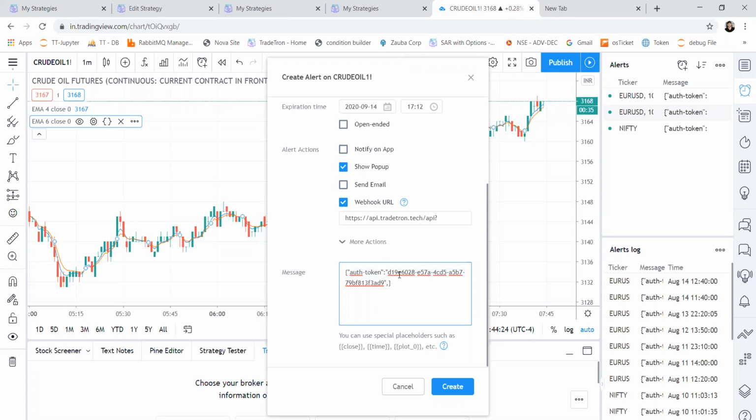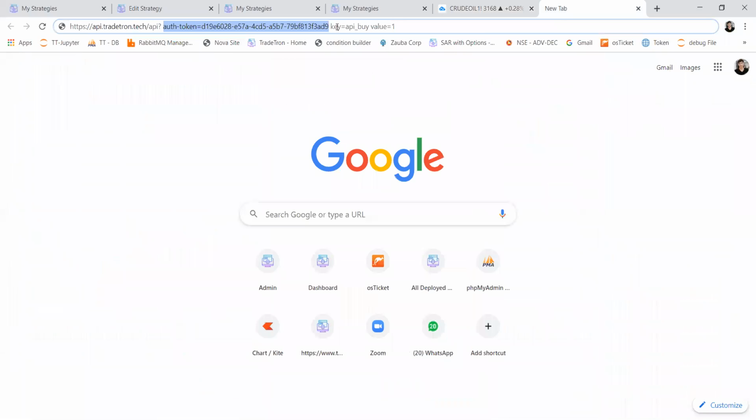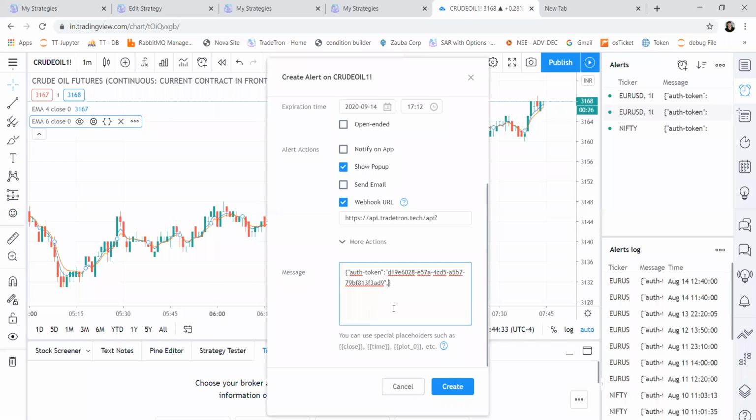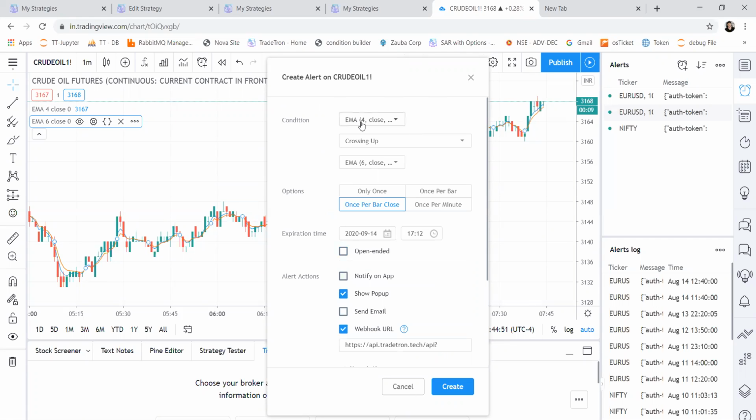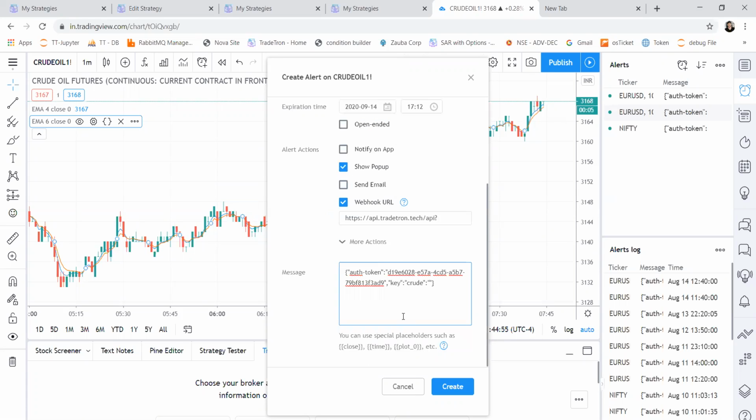Put a comma. Then we will define the key. In our example, the strategy that we created, we have used the variable crude there, correct? So I'll write crude as my key. And as you can see, I have defined an alert when fast EMA crosses above slow EMA. So this is my long position.